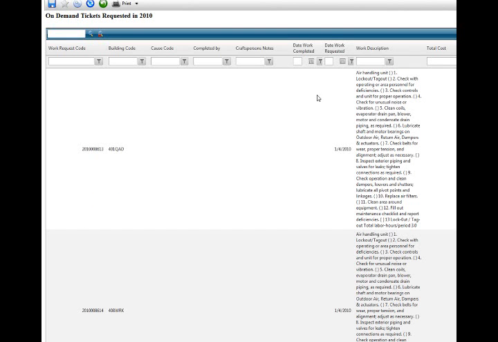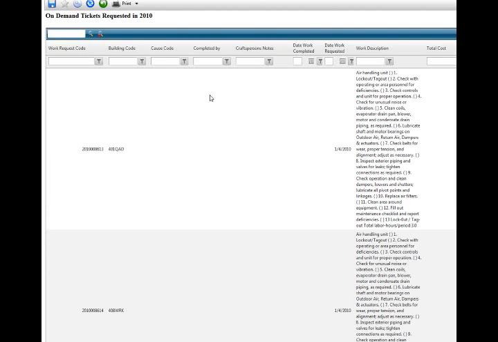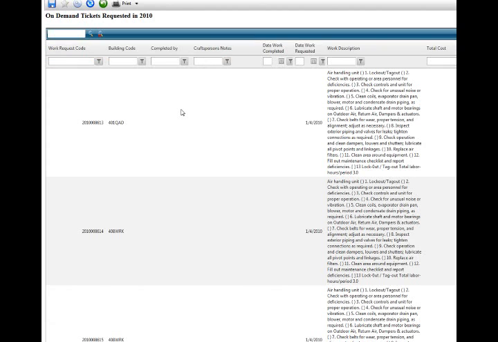Our report is a little bit unwieldy because of the size of that work description field. We could just expand the size of that field. The interface does allow us to drag field boundaries so that we can give it a little bit more space. But let's actually start by hiding some of these fields, because now that we've got the report up, we can see that actually we don't need all of these things.